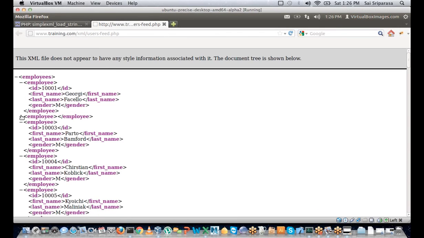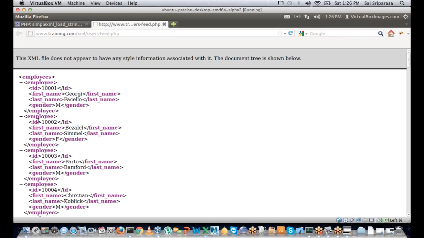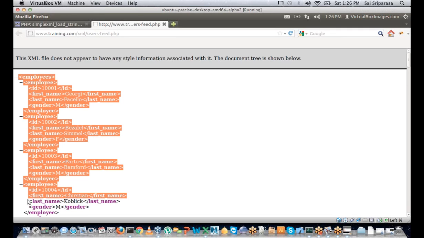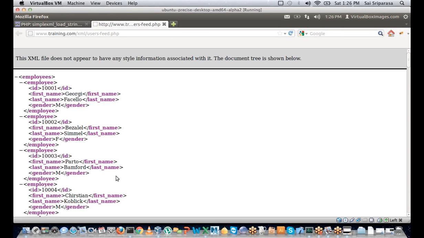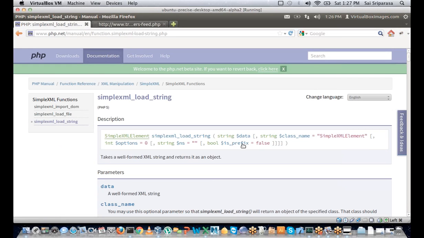But what operation can we do on this XML document directly? The simple answer is nothing. So what we need is an XML parser to parse through this data, or at least convert it into a PHP readable, understandable object. So we'll get this XML data and pass this